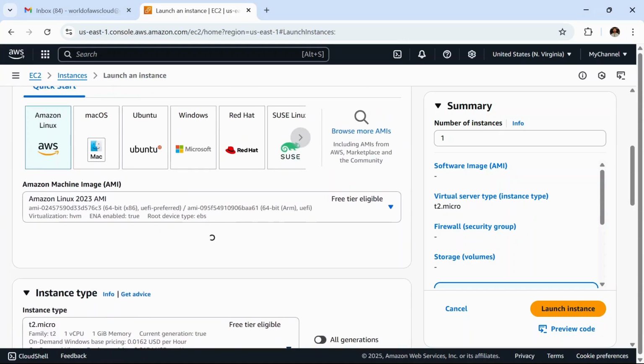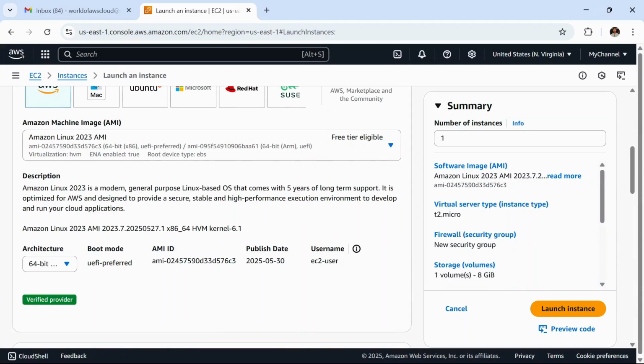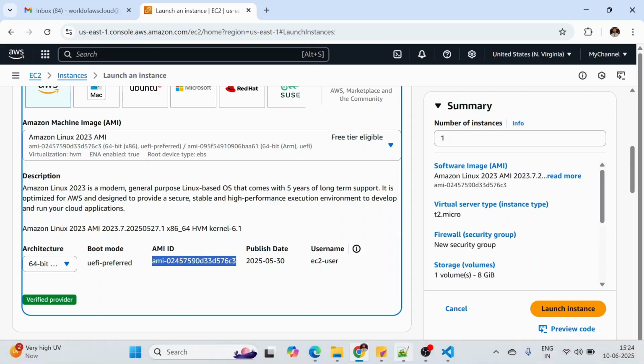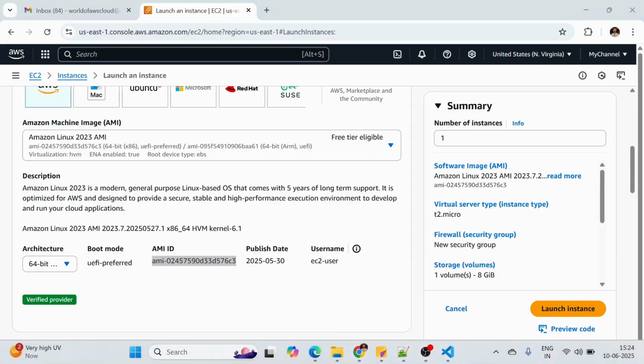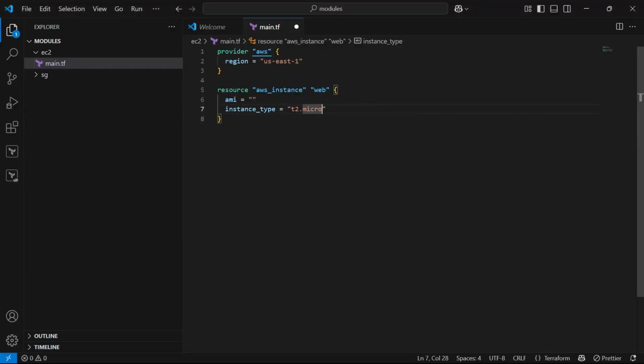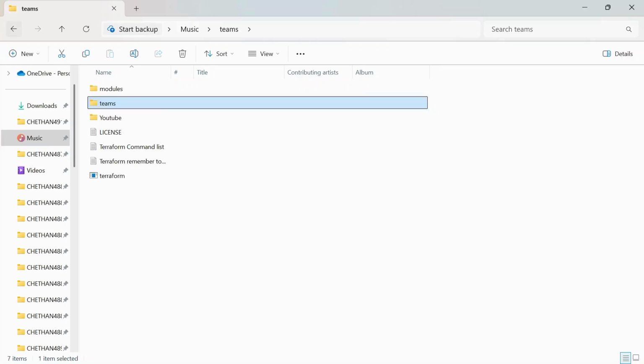Yeah, here we are getting the AMI, so I am going to use this AMI ID. Let's paste it here and save it. So now we have the configuration, and we have already created the folder structure here.